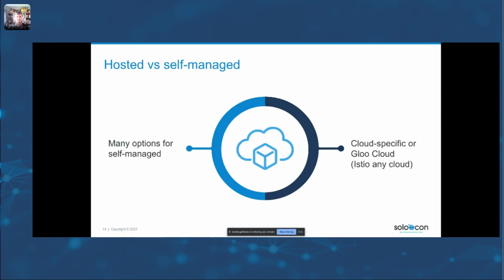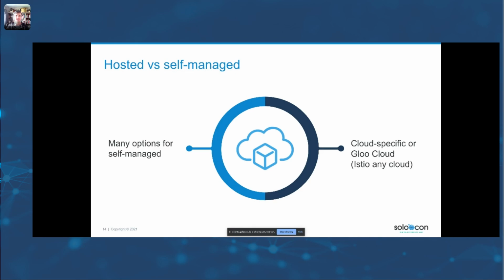Now, you have options. As we saw in the previous slide, there are lots of different service meshes. And you might think about this in terms of, well, am I going to take a service mesh and run it and manage it myself, which some folks do with, let's say, Kubernetes? Or will you offload that to a public cloud or some cloud provider or something in between, right?